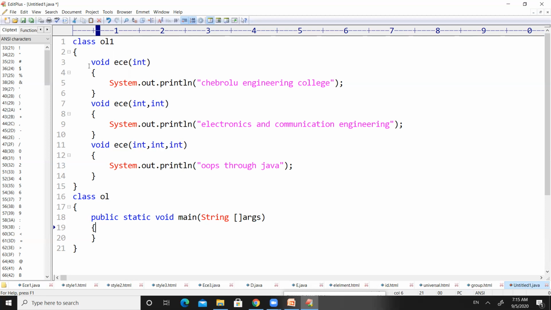To bring all the elements into the RAM, we need to create an object for class OL1. So OL1 obj equal to new OL1. This is how we can create objects in Java.